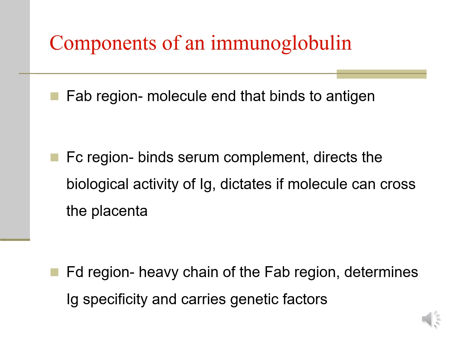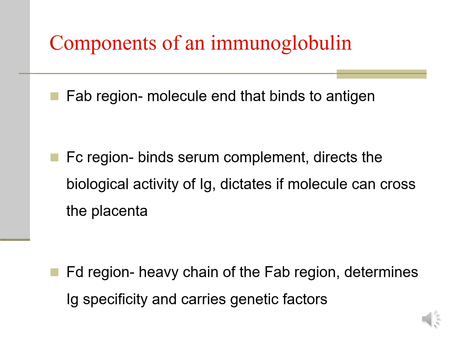So let's talk about the components of an immunoglobulin and the regions, okay? The first region I want to talk about includes the light chain and the top of the heavy chain, and that's called the Fab region. Fragments antigen binding is what that means, and this is the molecule end that binds to an antigen and recognizes